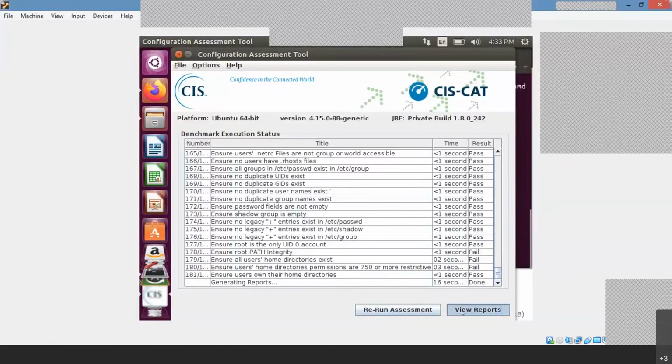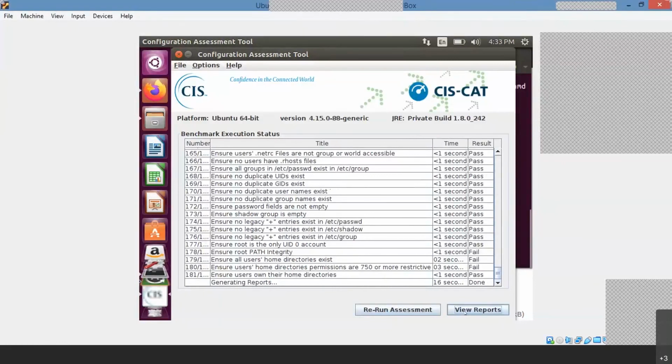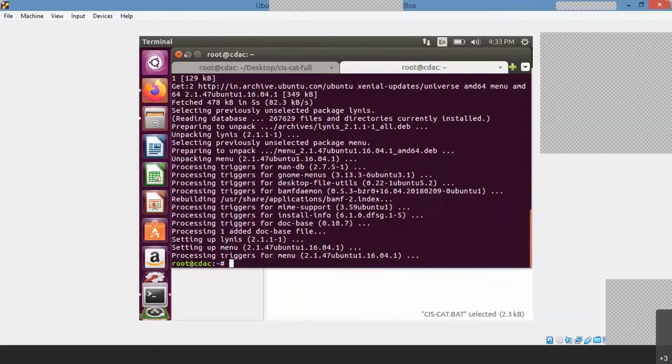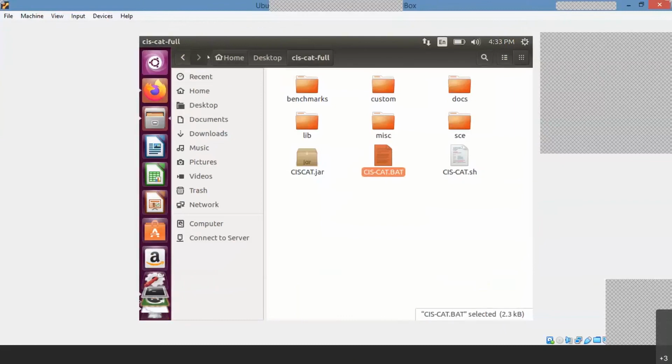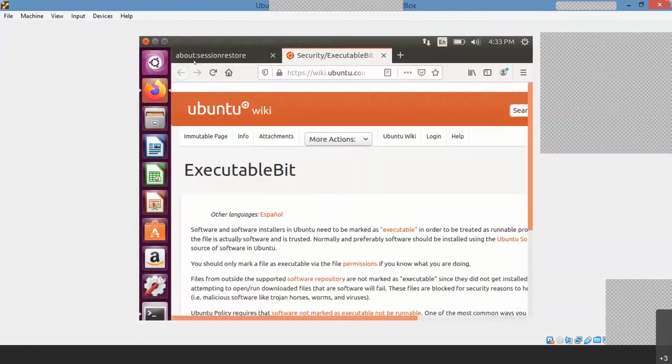So view reports. It will be saved onto the desktop. You can close this part. Okay.